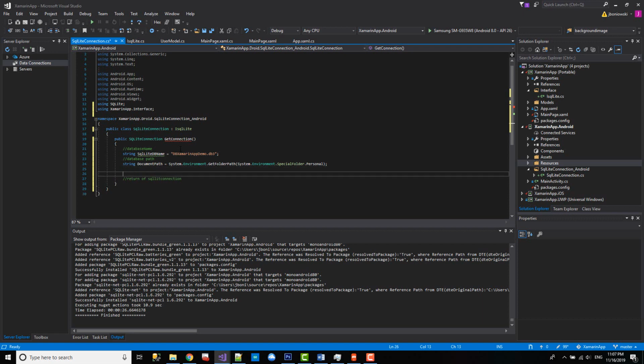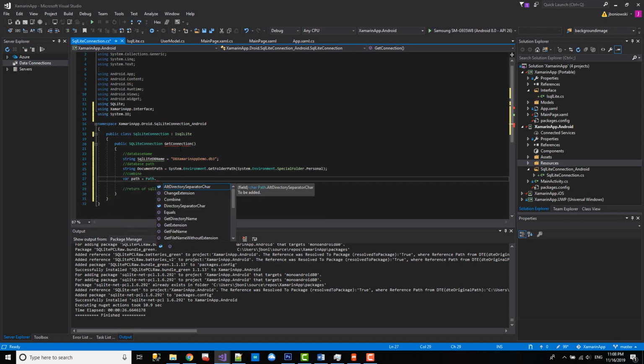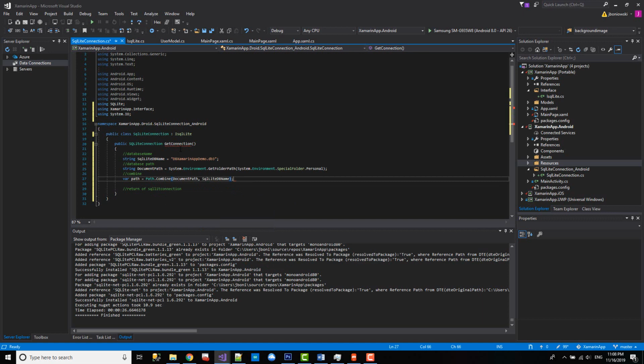We actually got to combine them together. So let's just put a little header here, combining, and we'll say var path equals path, using System.IO.Path.Combine, and we'll say the document path combined with the SQL,